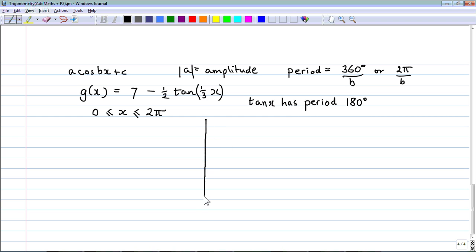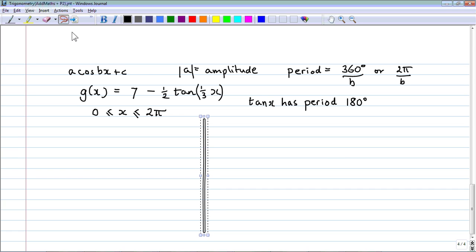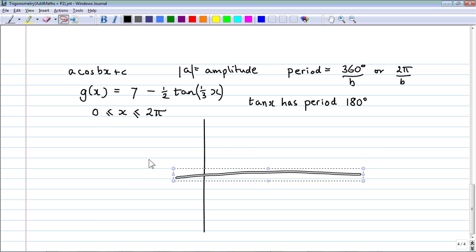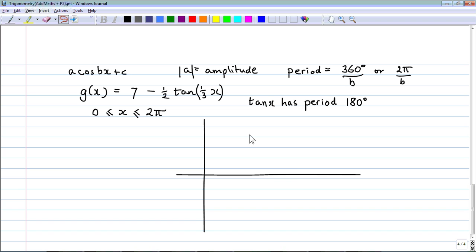First of all, we recognize that we're going to have an infinite range here. So we just need to remember the basic shape of tan x and consider,